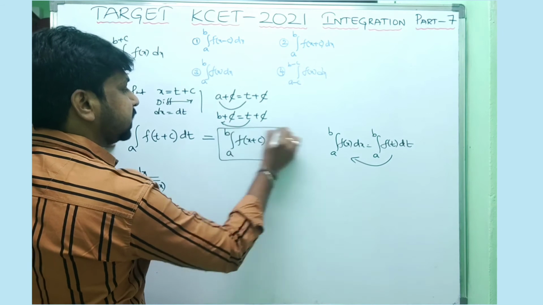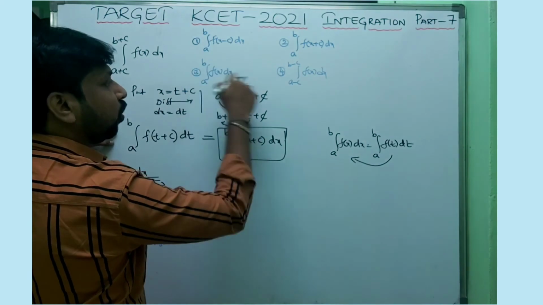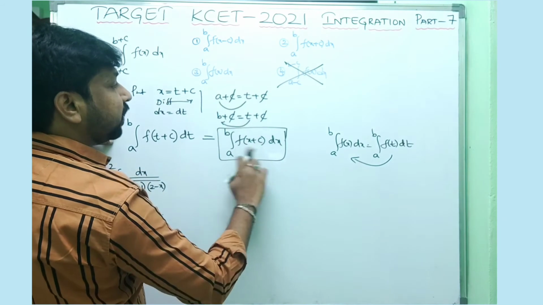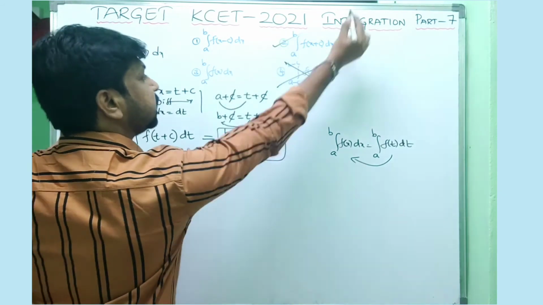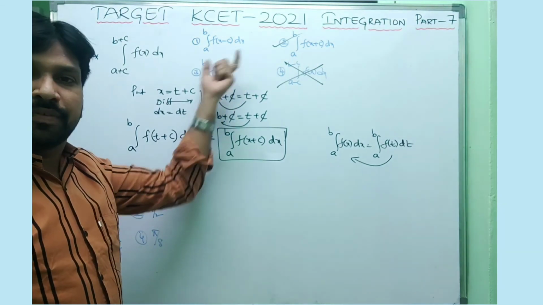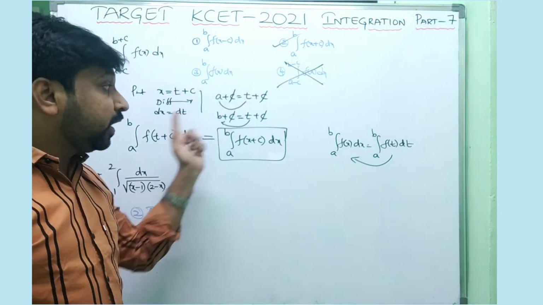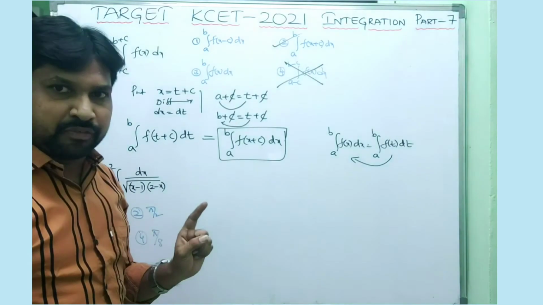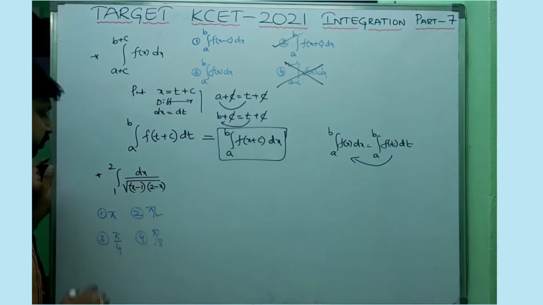Now you need to search for this answer: integral a to b. Among all the options, almost 3 options are clearly wrong. Integral a to b of f of x plus c dx is the correct answer. Almost all the answers given are nearest answers. That's what you need to do very carefully with this kind of question. Very easy, but you need to simplify very carefully. And let us move to the next question.